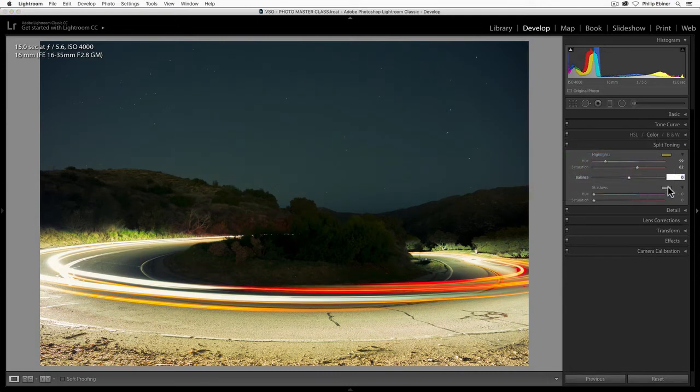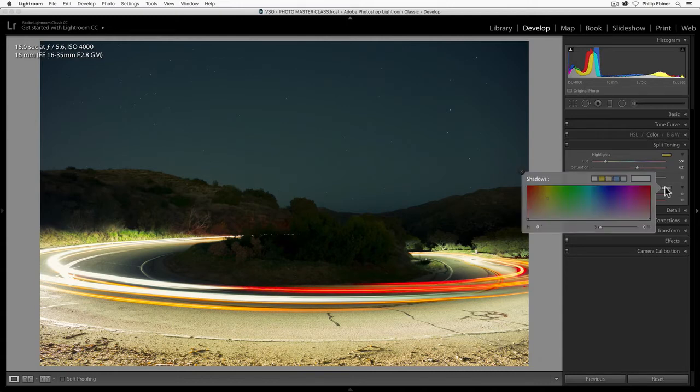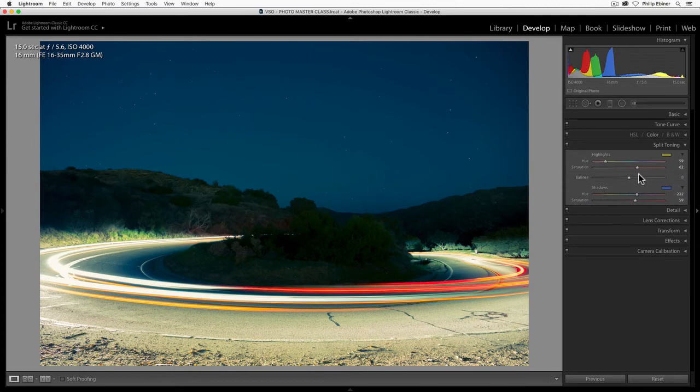Now for the shadows, if I click that box again, if I want to make the sky a little bit bluer, let's start with this blue and see how that is. And then maybe pick it from there, and you don't want to go too crazy with it unless you like that style, but something like that looks pretty darn cool, I think. You also have this balance slider, which goes from making the strength of the highlights stronger to the shadows. Actually, this is more of the highlights, this is more of the shadows. So initially it's right in the middle, but if you want to adjust the balance from one to the other, you can do that.